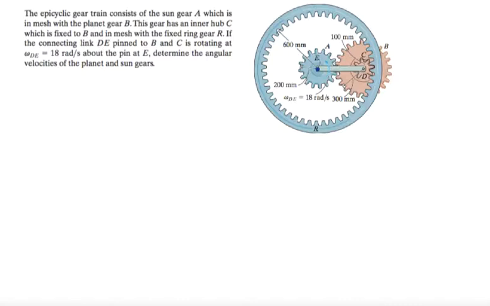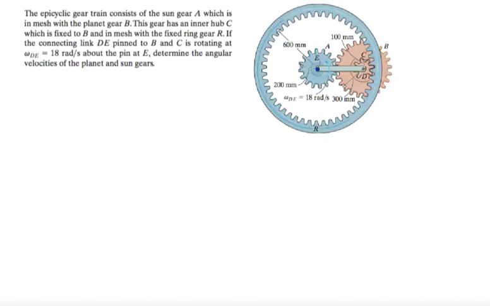And then it's also in mesh with planet gear B. In mesh just means that they're in contact. So this is planet gear B, okay, outside, and we see it's concentric with this gear C. And they mention it right here. They say that